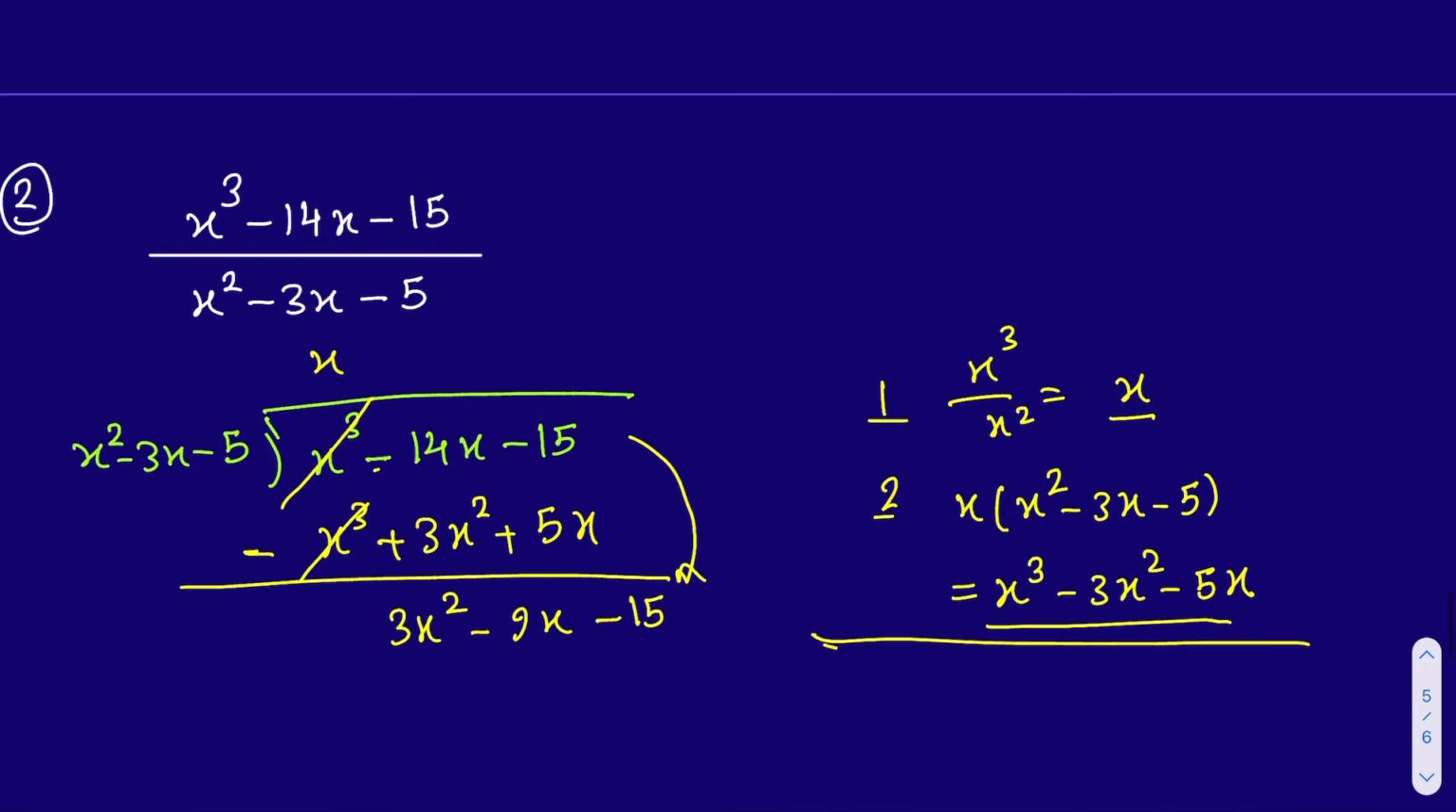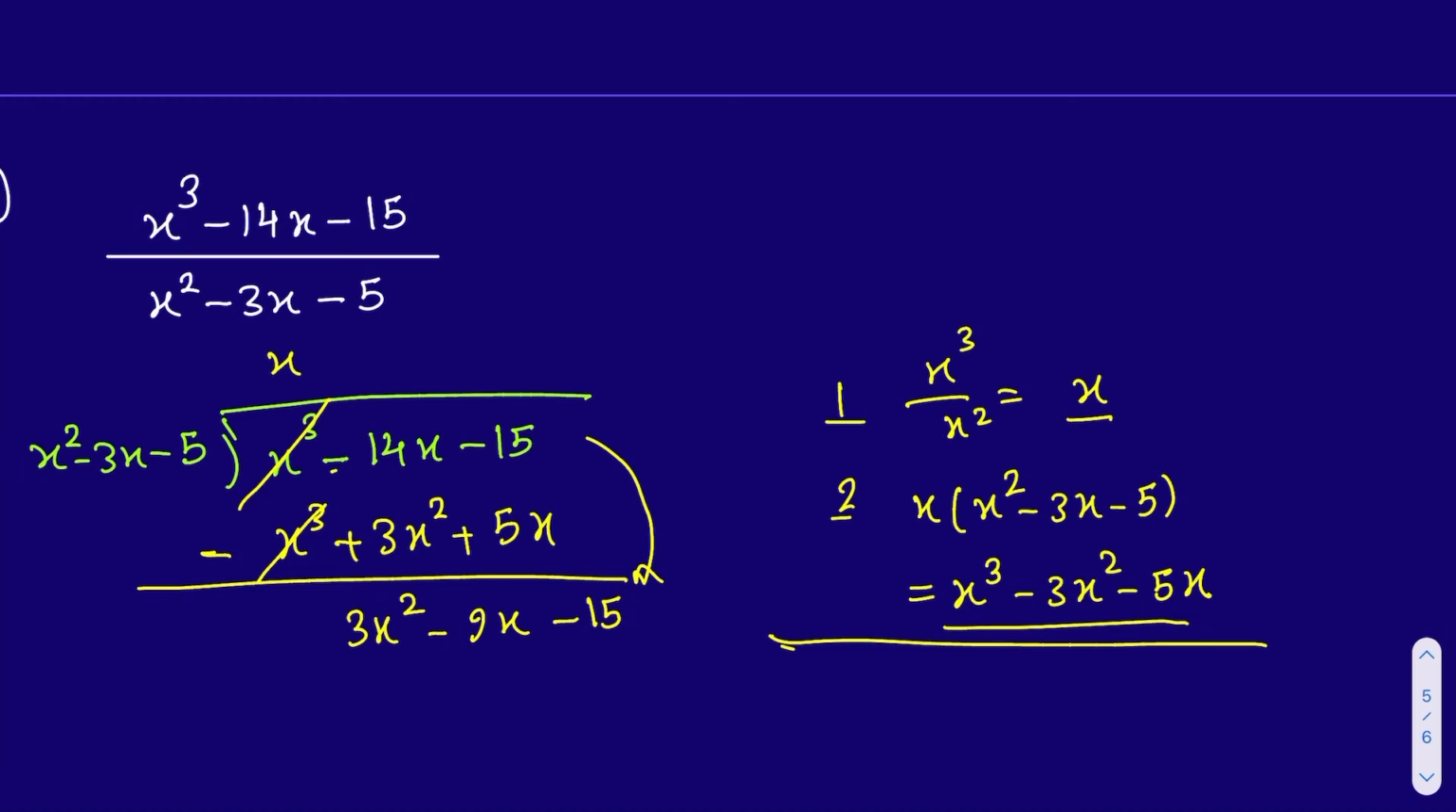Now I will repeat again the same process, and I will look at 3x to the power of 2. I will divide it by the first term, x to the power of 2, which is equal to 3. So I will write this positive 3 here, okay? And then I need to multiply this 3 by the whole divisor, which is x to the power of 2 minus 3x minus 5. So the answer will be equal to 3x to the power of 2 minus 9x and